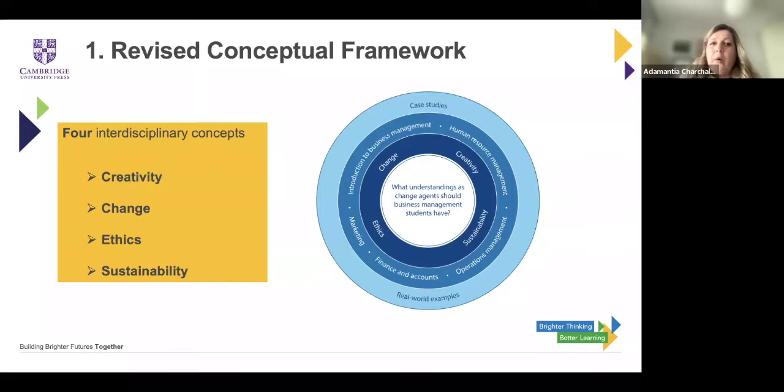We as teachers need to approach the four concepts, and we need to help our students to understand how these concepts link to the content that we teach in class and how these apply to real-world examples. Also, when it comes to the internal assessment, which is changed for the new syllabus, one of the four concepts needs to be used by both standard level and high level students as a lens for the research.